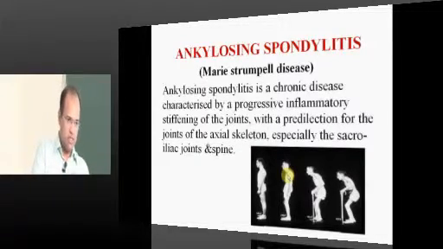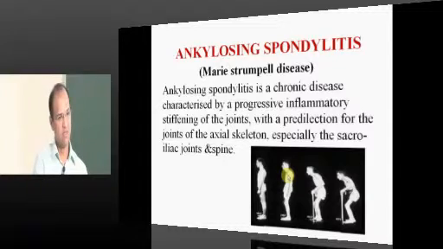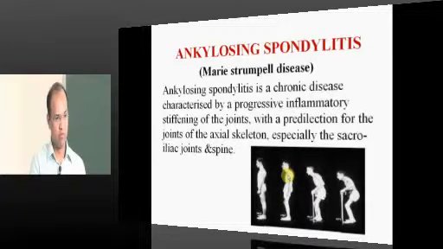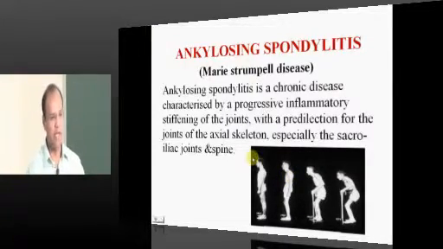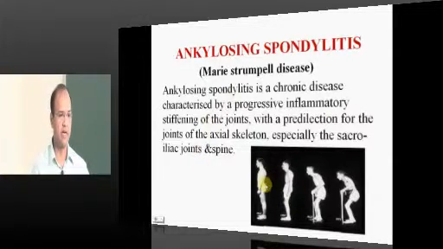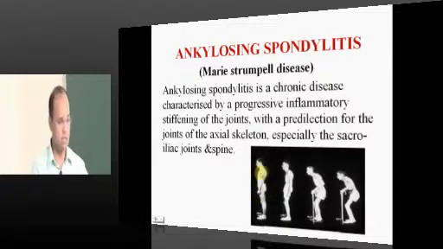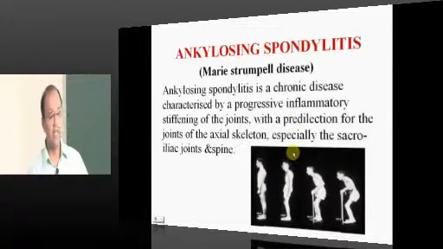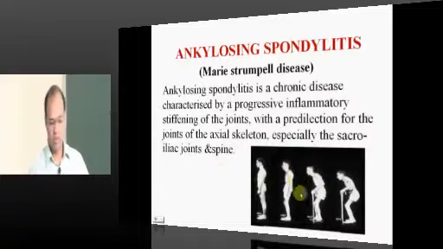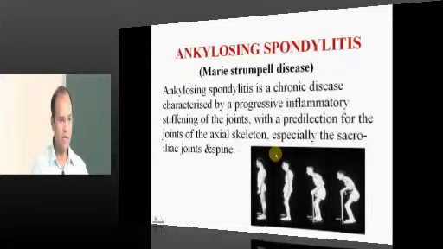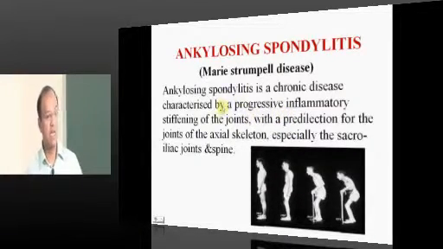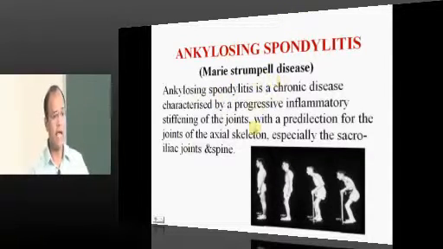What is the purpose of having this disc, facet joints, so many ligaments? What is the purpose? Movement. At the same time you have to have stability with movement. Now when these problems come in, what will happen? All these structures are affected, more specifically the joints first, facet joints as well as the joints at the level of the disc. Disc also is a type of joint. So anteriorly and posteriorly the longitudinal ligaments get ossified, and these ligamentous attachments get ossified, and the sacroiliac joints ultimately get eroded and get fused. The whole of the spine becomes one unit. That is an unfortunate problem occurring in the younger population, that is ankylosing spondylitis.